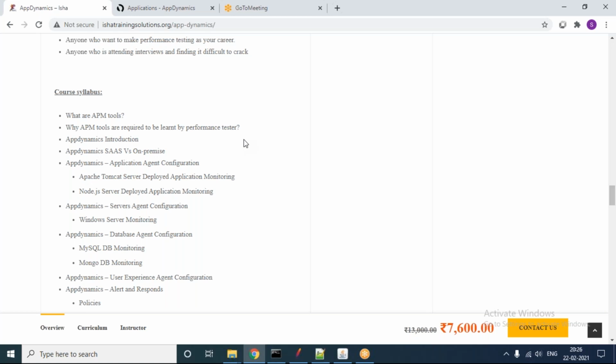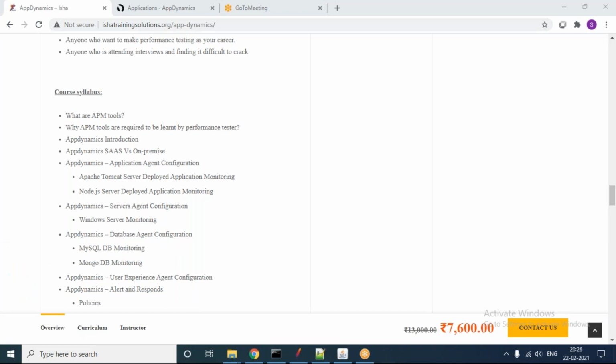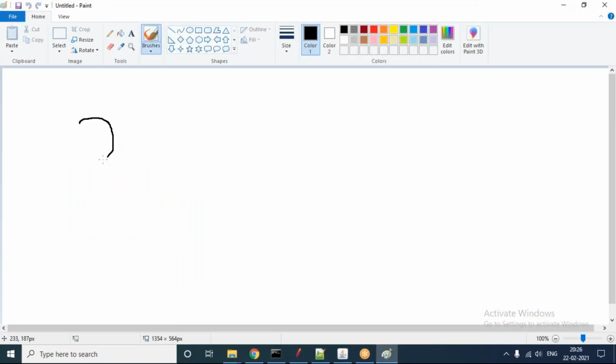So this AppDynamics tool, and not only AppDynamics but all the APM tools, you are going to have agents set up in your respective servers. If I represent it pictorially, say you have your web server, your app server, your DB server.